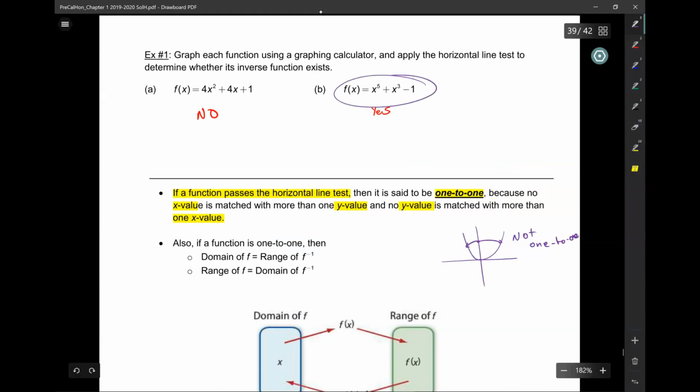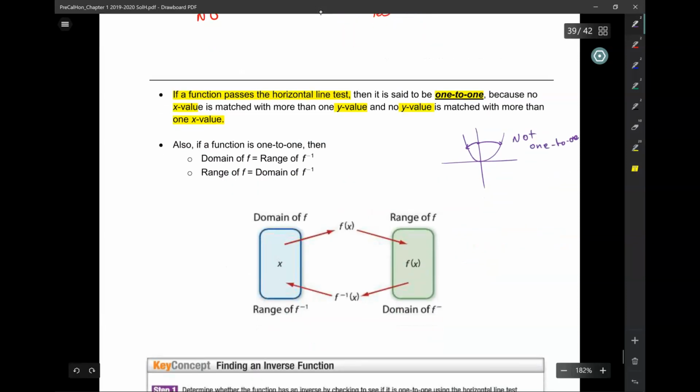But something like this function where for each x you have one y, for one y you have one x, that is 1 to 1. All right. Now, if a function is 1 to 1, then what happens when you find the inverse of a function? Basically, because we said in the very beginning that we're taking each coordinate point, a comma b, and changing it to b comma a,